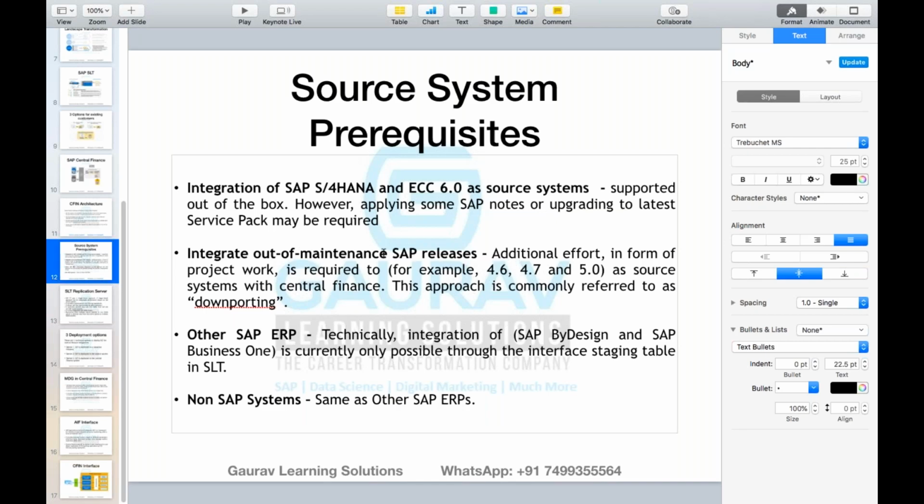Okay, so if it is out of maintenance release, which means if it is below 6.0, anything below 6.0, there is an additional effort required in the form of project work. We will discuss what additional effort is required, what the different SAP notes are that need to be implemented. We will talk about all this. As of now, just an overview. So in the form of project work,